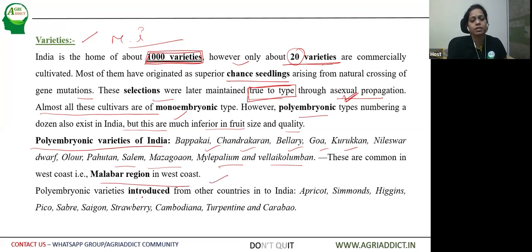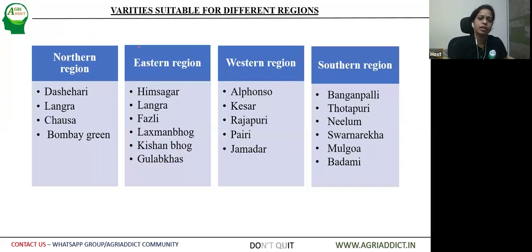Then polyembryonic varieties are also introduced from other countries to India. And among them, the cultivars are Apricot, Simons, Higgins, Pica, Strawberry, Cambodia, Turpentine, and so on. Then if we classify the varieties, they can be classified as suitable for different regions of the country. So the country can be divided into northern, eastern, western, and southern regions, and the different cultivars